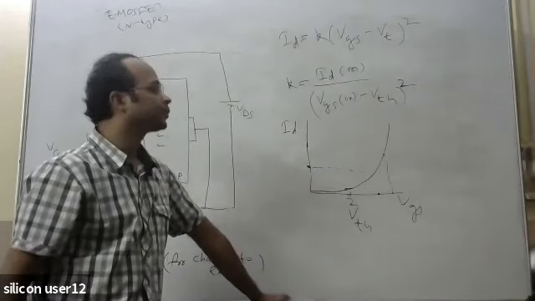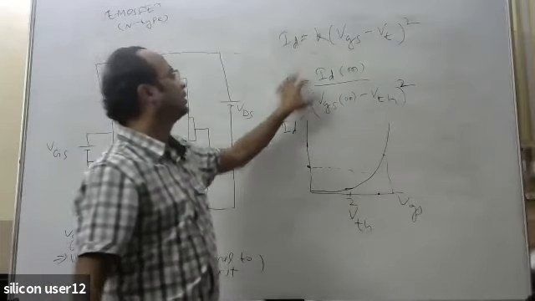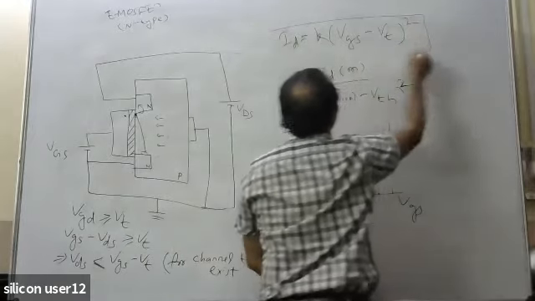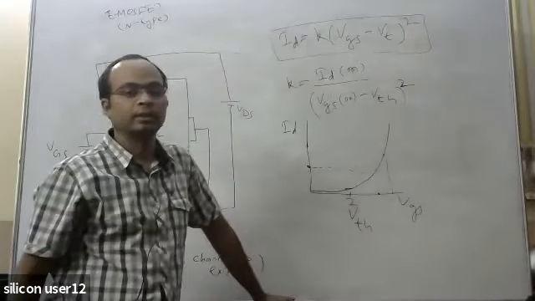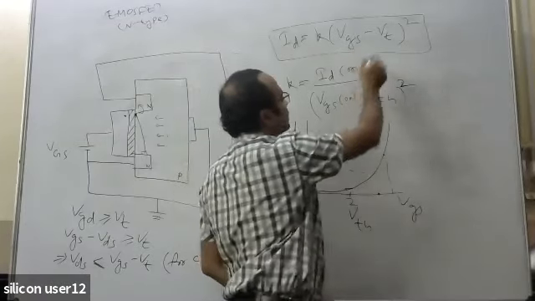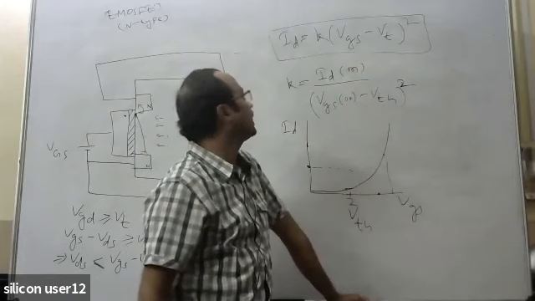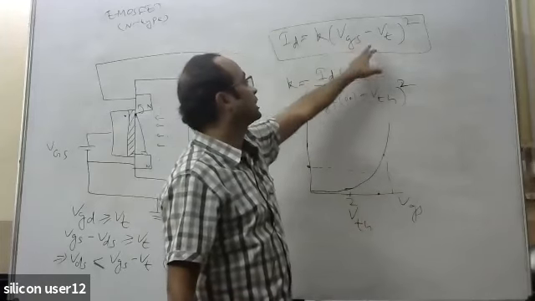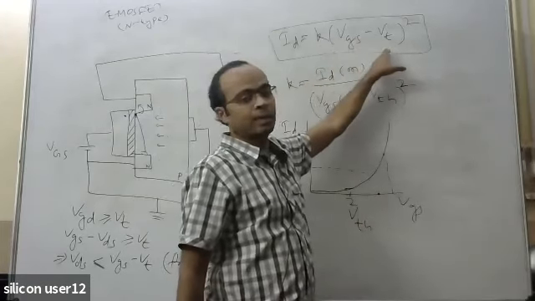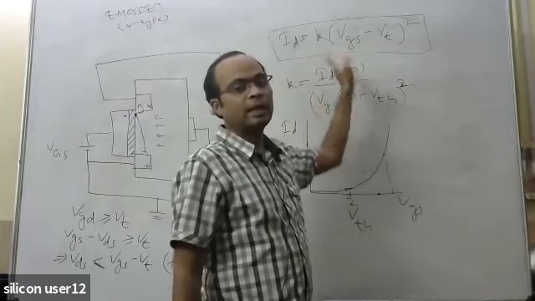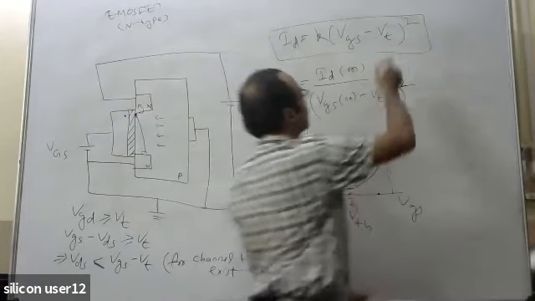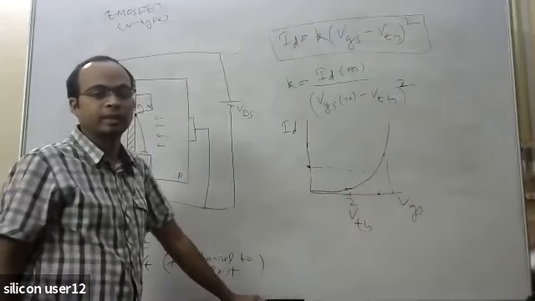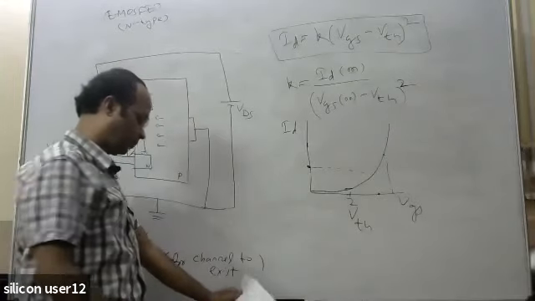Once you have this K value, it will be applied here, and this will be your generalized equation, ID equal to K into VGS minus VT whole square. Once you have this equation, if it is asked, let's say, find out the ID current at VGS equal to 5 volt, you just put VGS equal to 5, VT is given and K is calculated here, and you can have your ID. Don't be confused, I am always writing it as VTH. So let us solve one problem.